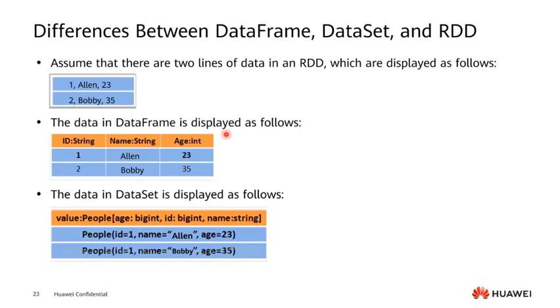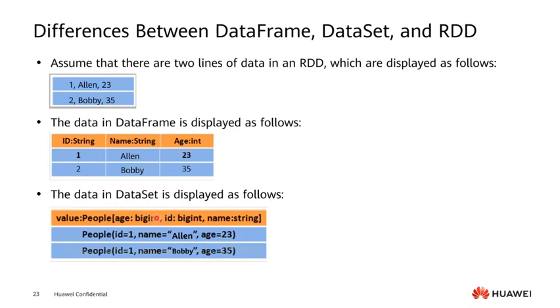So, up to now, we mentioned three different kinds of data structure, which are RDD, dataset, and data frame. For RDDs, both cluster communication and I/O operations require serialization and deserialization of data and data structure. Datasets and data frames have exactly the same functions, but different data types in each row. For data frame, data in each row is of the Row type. Fields and types of these fields in each row are unknown. You can only use getAs or pattern matching in the column to obtain a specific field.